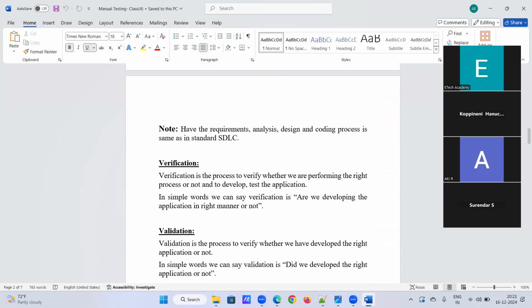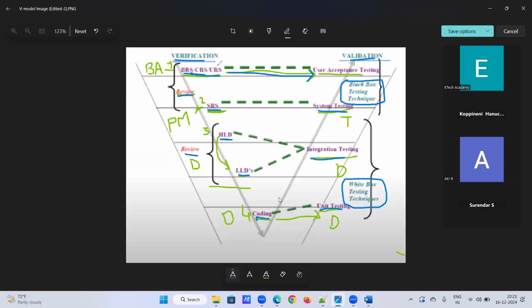If I just look at the V model, okay, we prepared the BRS document, right? And we are checking that the document is correct or not. Again, we prepare the SRS document. Again, we are checking whether this document is correct or not. So, is this prepared well or not? And then HLD, LLD. So what exactly are we doing here in every stage? We are checking each and every document is correctly written and completely written or not. This is called verification. It means checking whether we are building the right product. Whatever we are doing is correct or not.